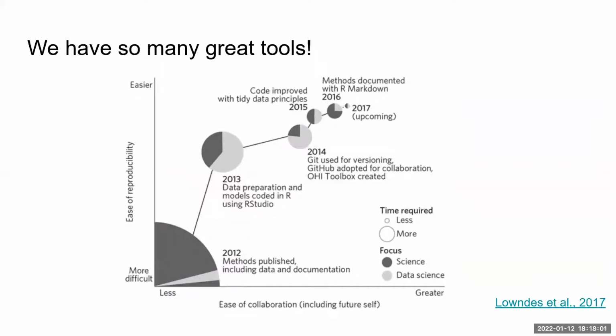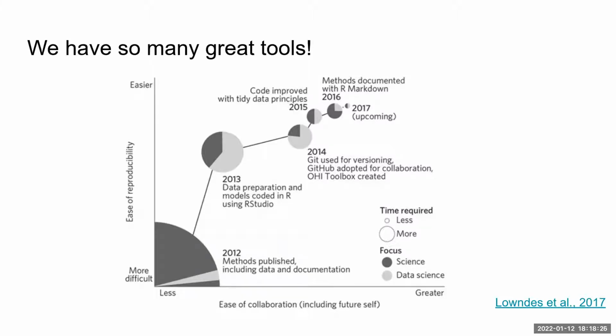And so like I said, we have so many great tools and we're really spoiled as R users. There's a great ecosystem of cool tools that we can take advantage of. And for a great overview, I really like this review paper by Julie Stewart-Lowndes in 2017. And one thing it does a really nice job of is showing the payoff for adopting these cool tools. So on the x-axis, this is sort of a schematic, but on the x-axis is the ease